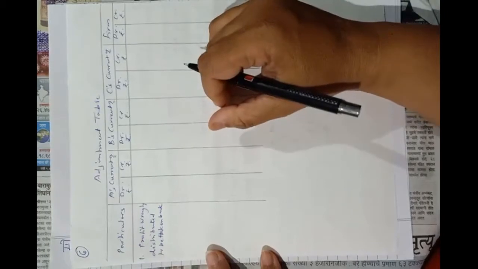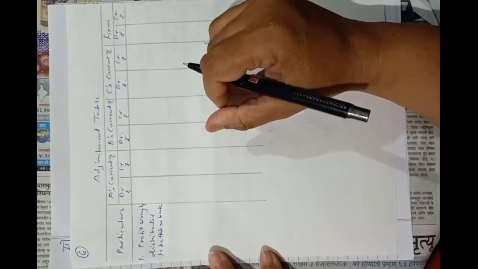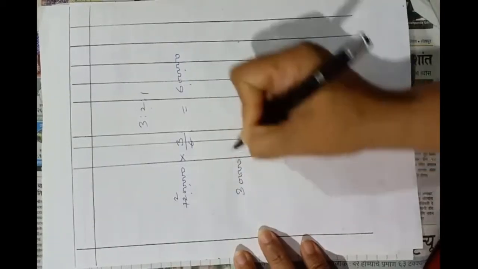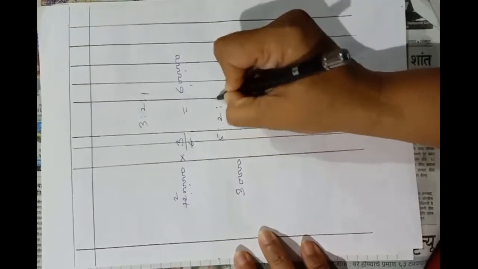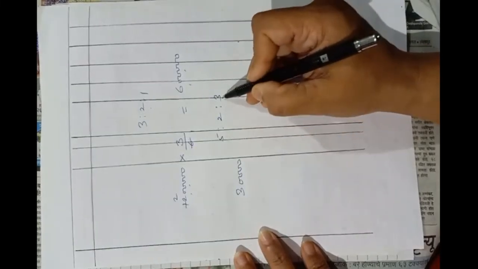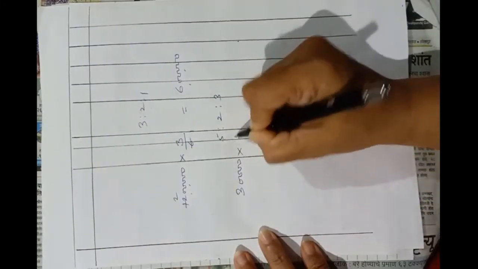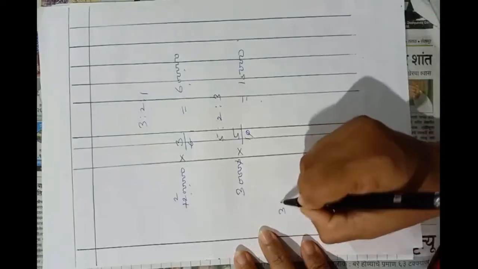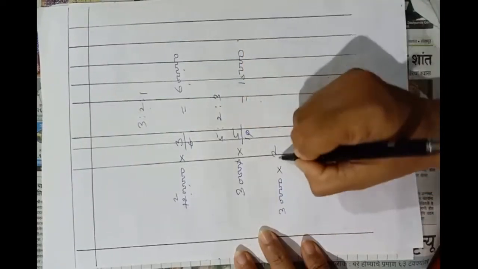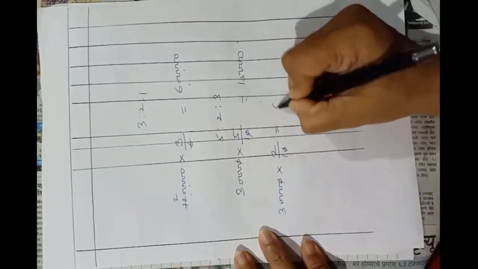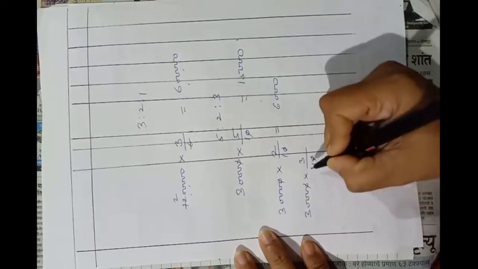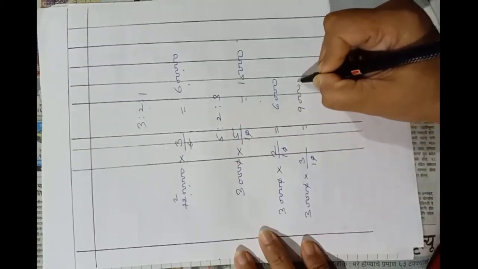30,000 amount is distributed between the partners in their ratio, that is 5:2:3. Okay, let me show you how the distribution works. This is my rough page. 30,000 distributed in the ratio of 5:2:3. So 5 plus 2 is 7 plus 3 is 10. So 30,000 into 5 upon 10, 3,000 into 5, it is 15,000. Similarly 30,000 into 2 upon 10, it is 6,000. And 30,000 into 3 upon 10, it is 9,000. Okay.